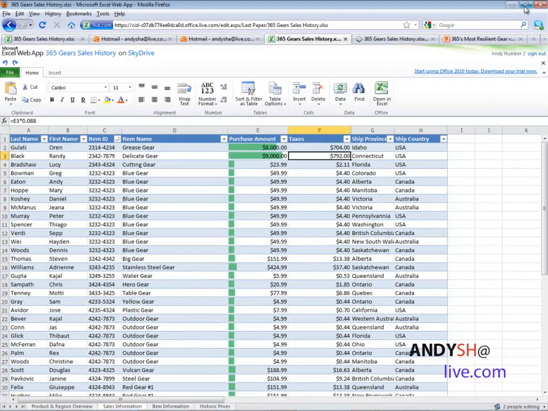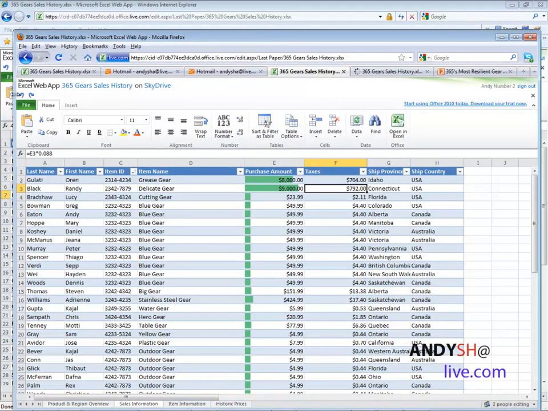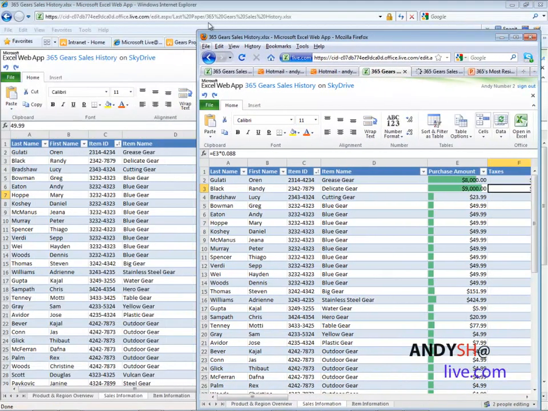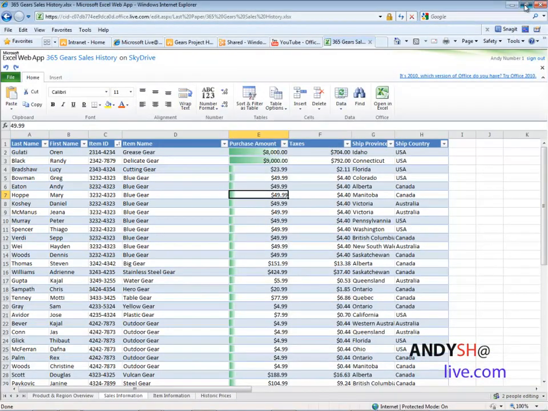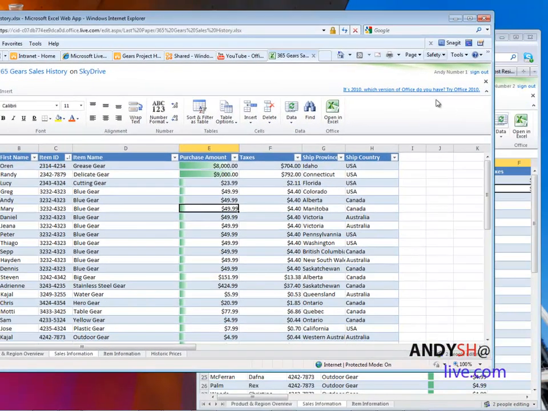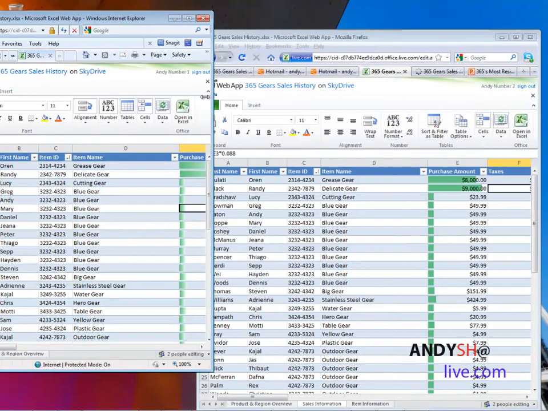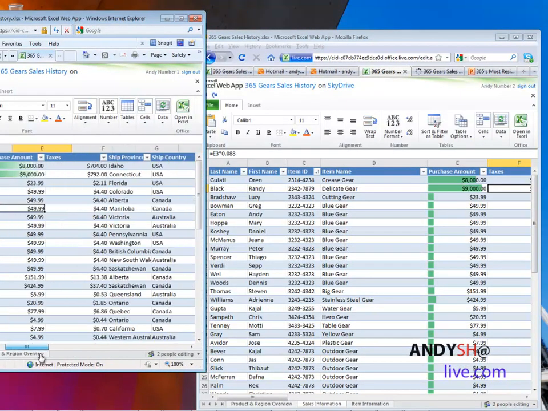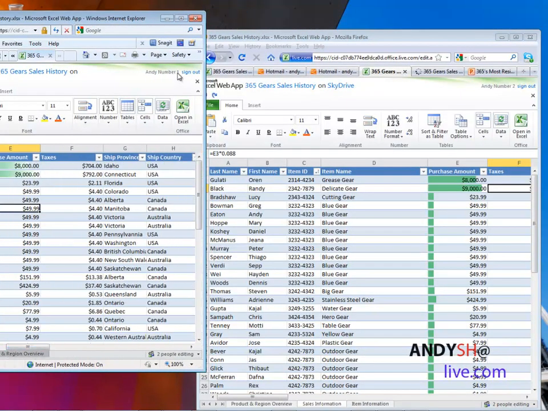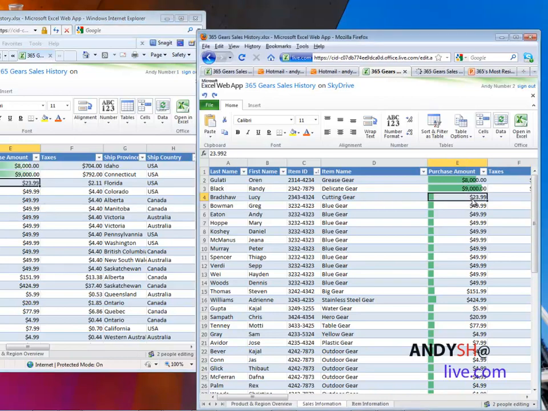updated. In order to show you that I'm not using any kind of visual tricks, I'm going to put these two browsers side by side and show you how they are working simultaneously in Windows Live. So as you can see, Andy number 1 and Andy number 2 here, and Andy number 1 changes this one to 5. It's still 23 here, and in